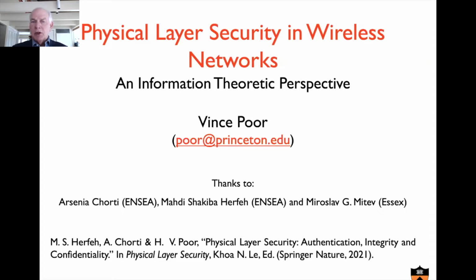So one of the things I'm going to talk about today is physical layer security, which can serve as either a baseline security or complementary security to other methods, for situations where we may not have the kind of resources that we need to provide the kind of security that we have today. And I'll motivate this a little bit more as I go through.